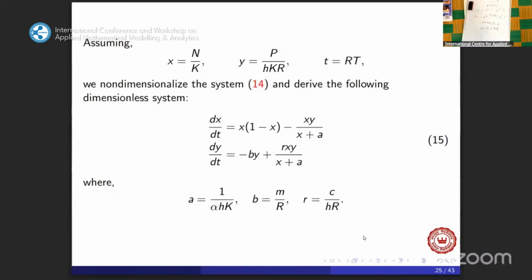See, you see that the model system has 6 parameters. So we non-dimensionalize the system. What is the procedure of non-dimensionalizing the system? It is required to control our system, and to calculate and predict the nature of the system very easily if we non-dimensionalize the system, because in the earlier system you get, see the earlier slide here,